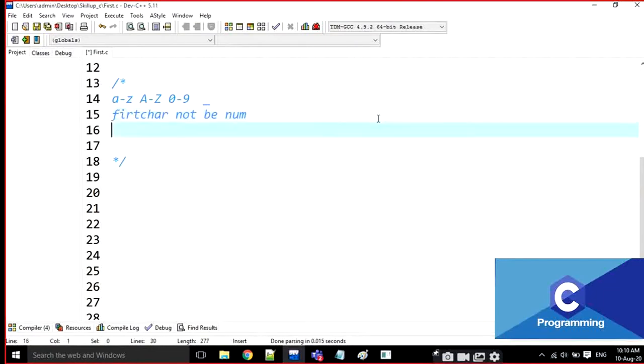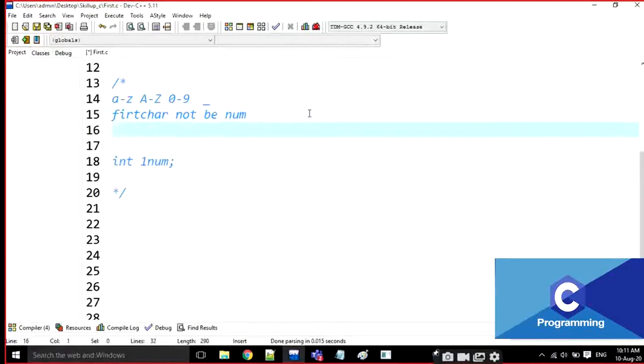That means we cannot declare a variable name like this, for example, int 1num. This is a wrong one. The first character must not be a number. If you write like that, it is going to be an error. I will show you.